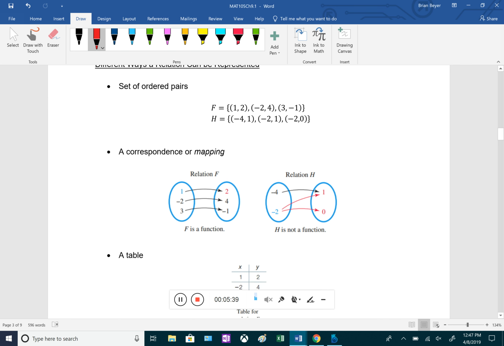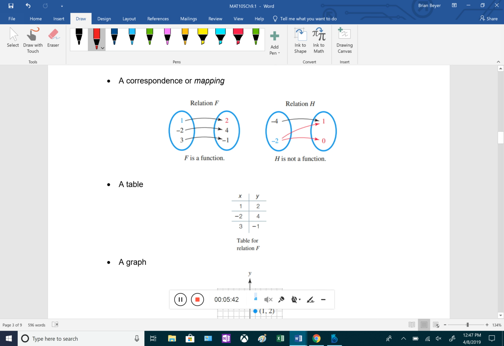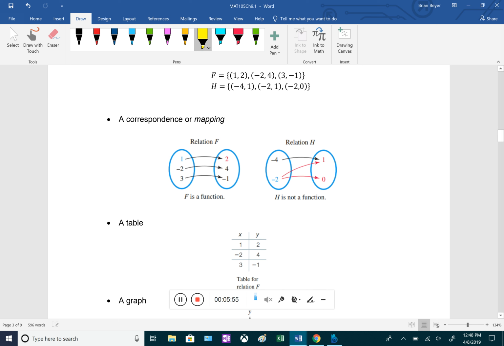The next way is called a correspondence or a mapping. So keep in mind, these all represent a relation, all represent the same thing, just different ways to show them. So for the first one over here, we have a relation of F. So we can see how it's the same one that I wrote above it. We have 1, 2. So the left circle, or the left oval, represents the x coordinates, and the right one represents the y coordinates. So we can see that 1 goes to 2, -2 goes to 4, 3 goes to -1. And for H, we can see that, for example, we have